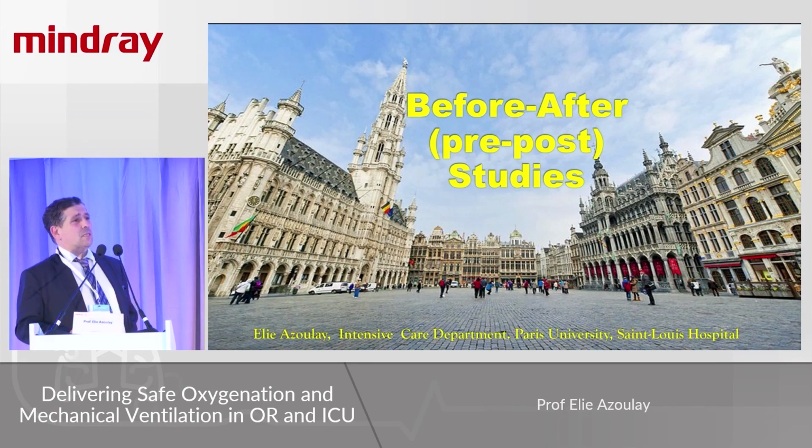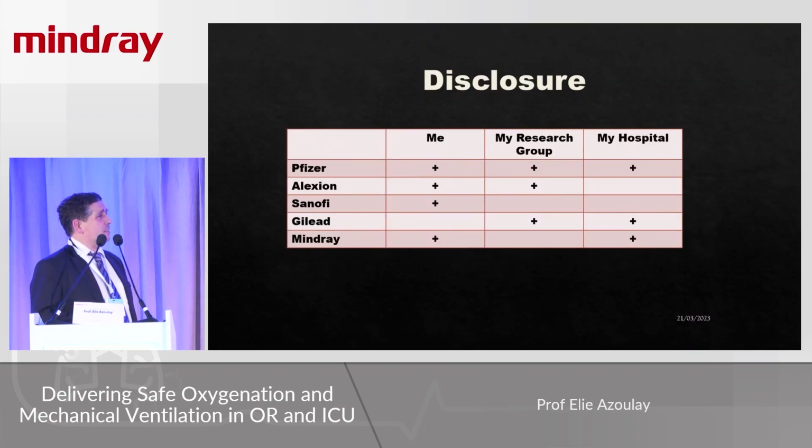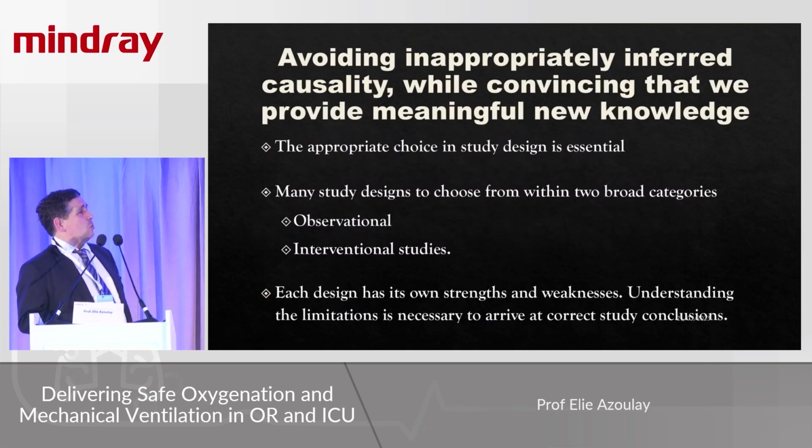Well, we discussed a lot with my co-chairs about what could be an optimal study design. And the question rose about, should we do a randomized controlled trial, or should we do a before-after study? So let's go through that and look at the reality. The reality is that we want to provide new knowledge. And by the way, to be able to be conclusive, we need to have a good study design.